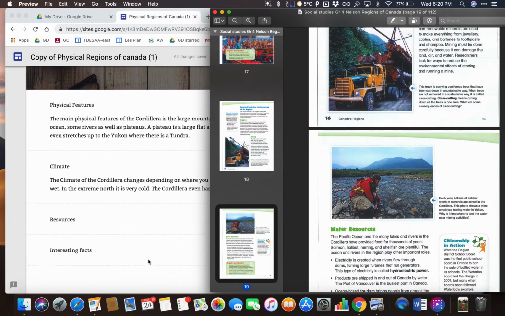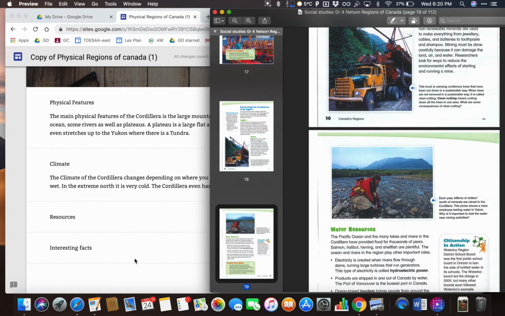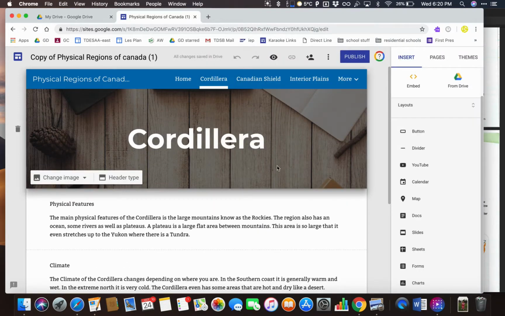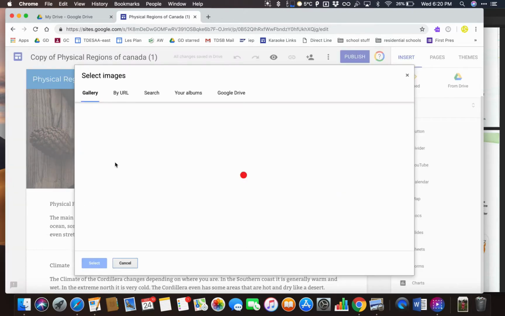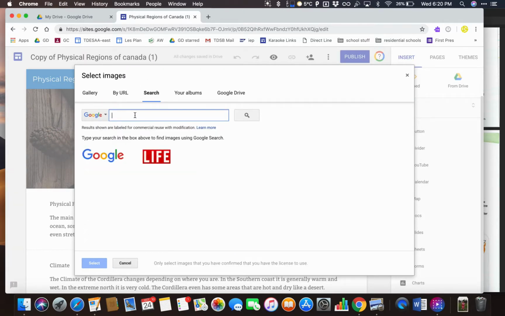So that would end up in this resources section, et cetera, et cetera. Let's take a look at how to make a page look visually interesting. Again, we can change the image here. Let's select an image. I'm going to search again, and I'm going to type in, is there something Cordillera that